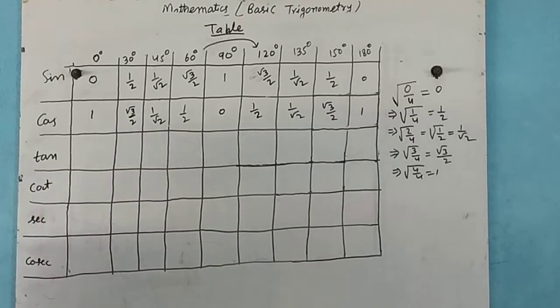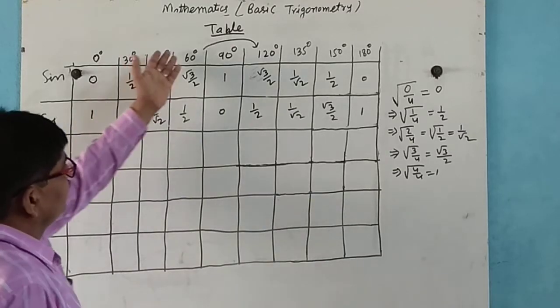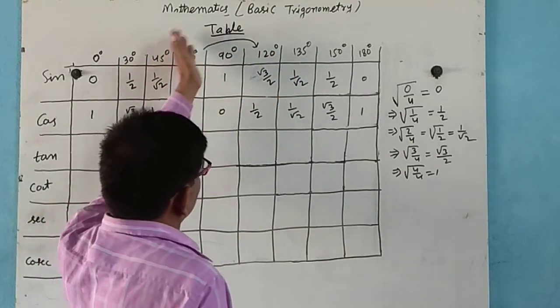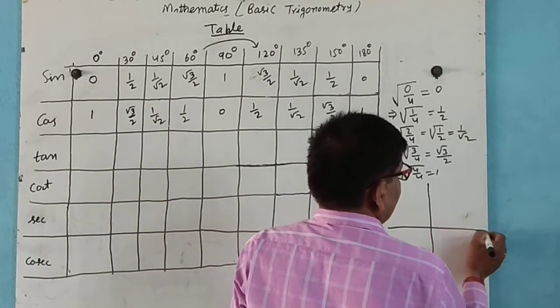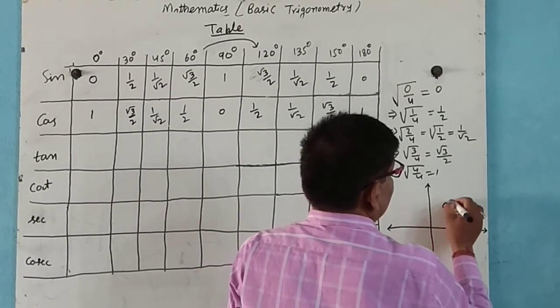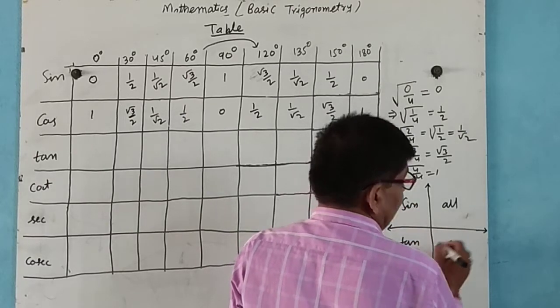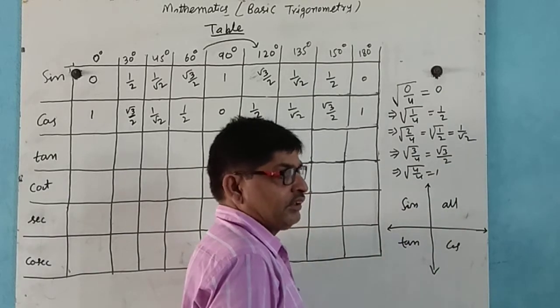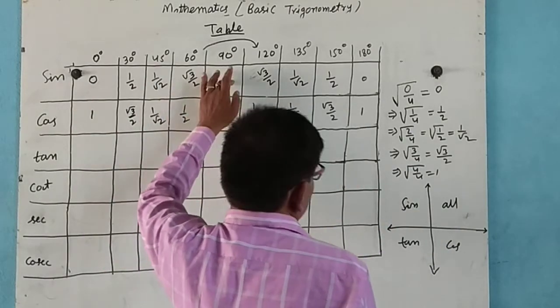Now we complete the tables for sin 180 degree and cos 180 degree. Here this comes, this is the diagonal property, and this is the transpose property, this value transferred to here. But as you know, in the coordinate, all sin, tan, cos, as you know that all means sin, cos, tan, cot, 0 to 90 degree, all are positive.